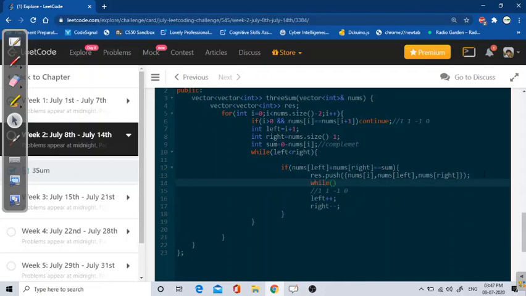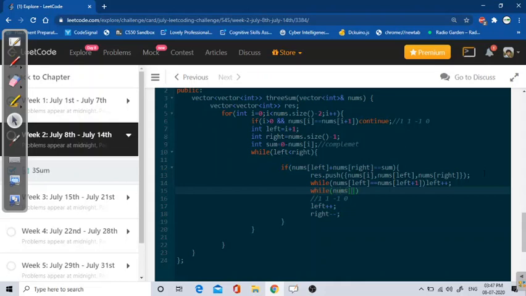So if my nums of left is equal to nums of left plus 1, then I'll just do left plus plus. In the same way, I'll also check for right.